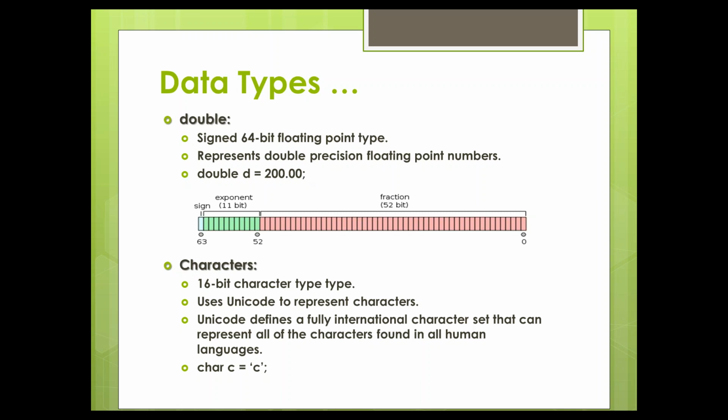Whenever you declare a character, it takes 16 bit, as we saw in other data types like byte, short, int, long, float, and double. Okay, so these are represented as something called Unicode characters. What does this Unicode character set represent? It is nothing but a set of all characters which you can find in all the languages